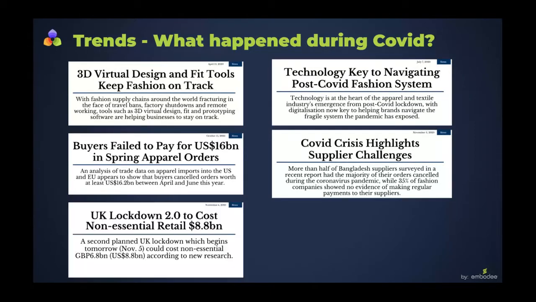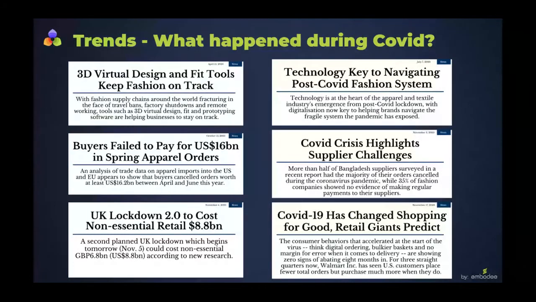Next to that, we see the impact of what's going to be lockdown 2.0 that the United Kingdom is going through right now, about $9 billion of a hit. But the positive news comes along with the observation of the CEO of Walmart just this week on Bloomberg saying COVID-19 has changed shopping for good. So is their prediction. There are no signs of this abating 8 months into this pandemic.